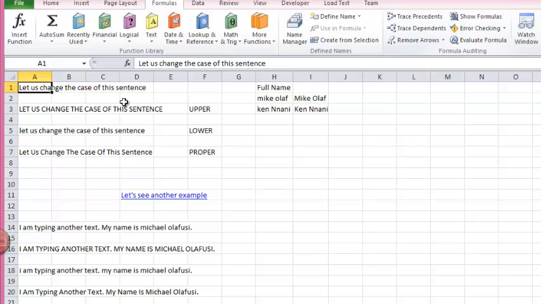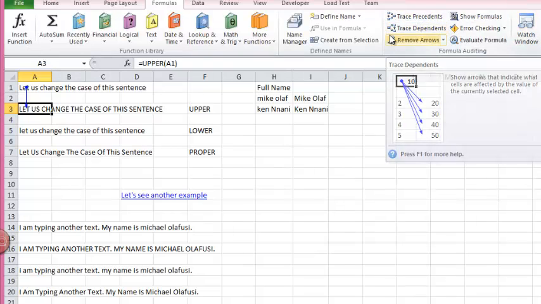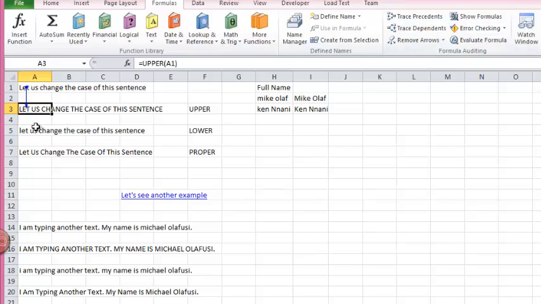Let's remove that. The other way is if you want to see precedents, which is more like the other way around. You want to see what was feeding this, so you click on precedents. They are basically the same. It shows you what was feeding the formula you clicked on. So let's remove that. Let's see an example where I'll be able to explain these other parts of the formula auditing